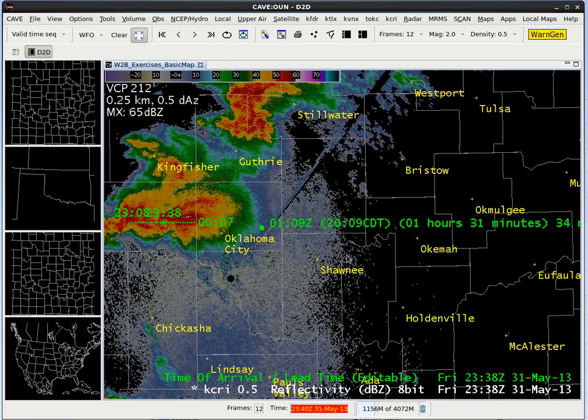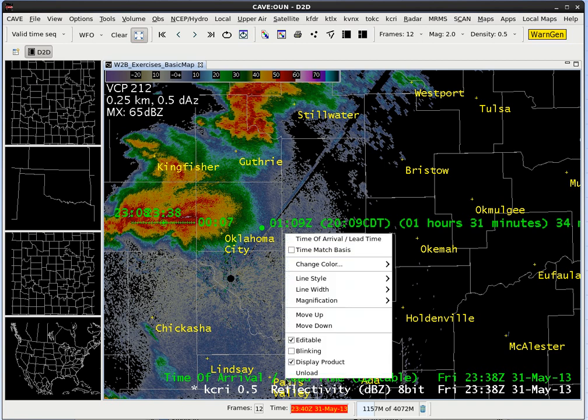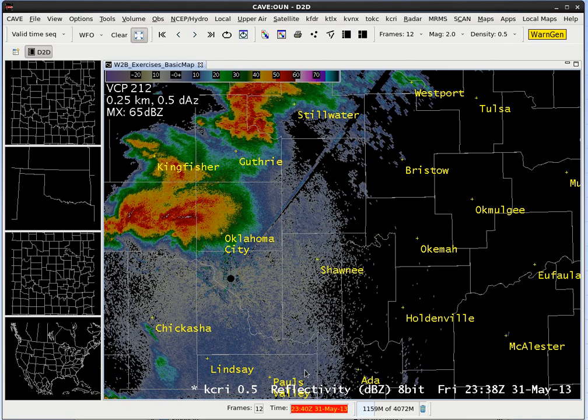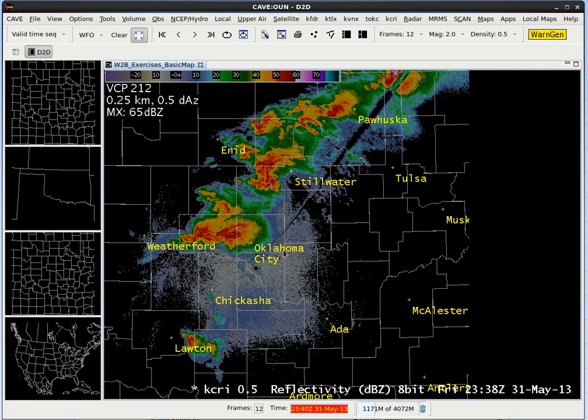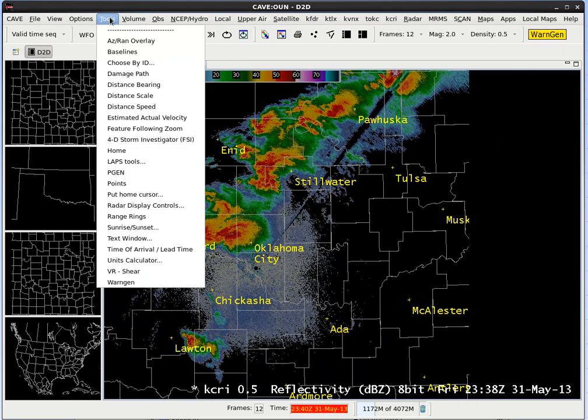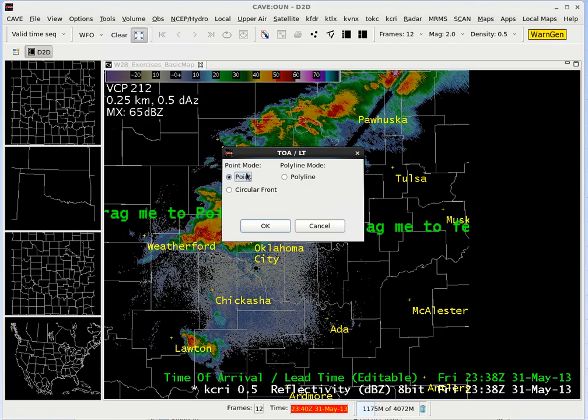Next, let's unload the time of arrival tool. So to do that, we right click and hold on the time of arrival text in the product legend and select unload. Next, let's load the time of arrival tool back in and practice using a polyline instead of a point. So go to the tools menu and let's go down to time of arrival and load it in again. Now instead of point, let's click on polyline